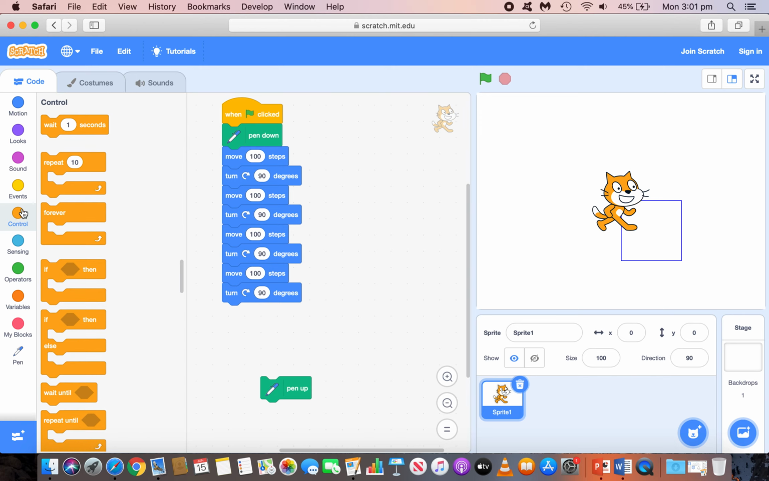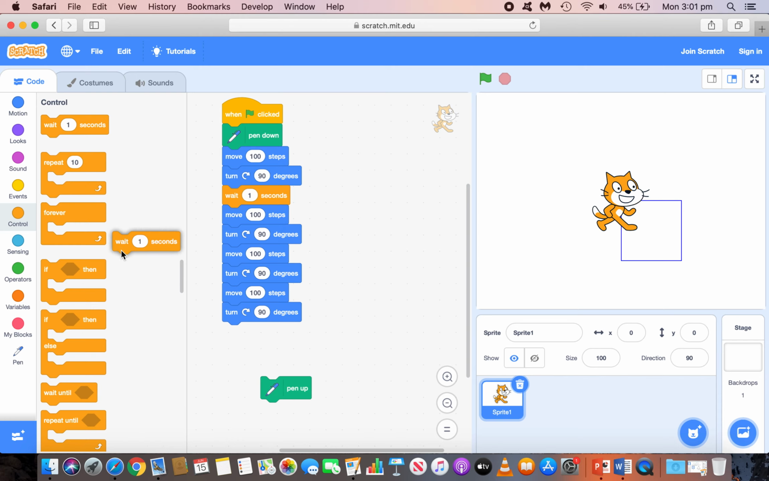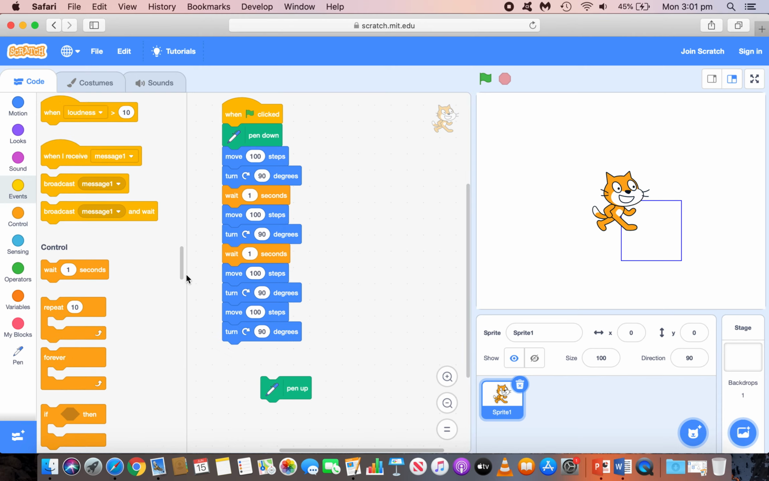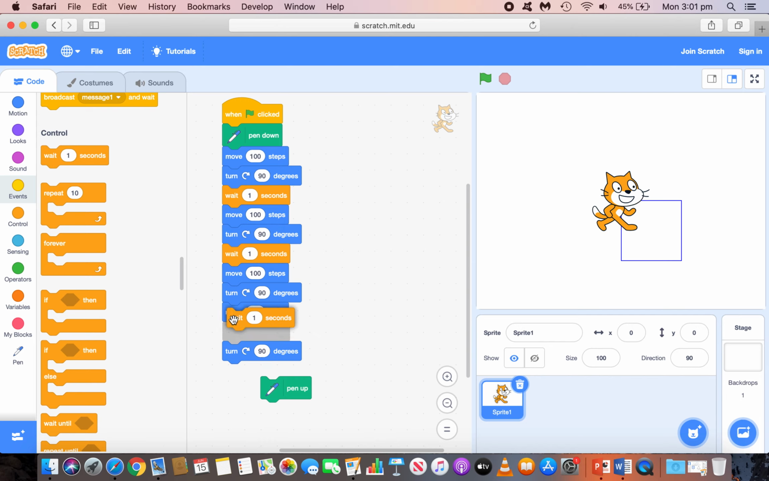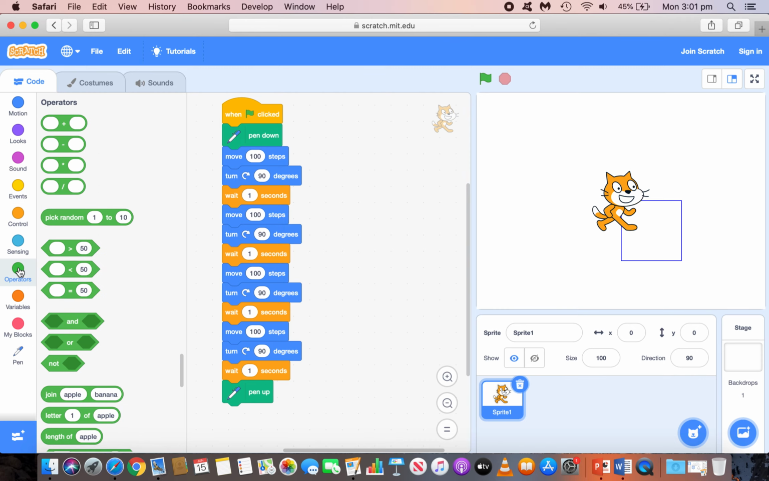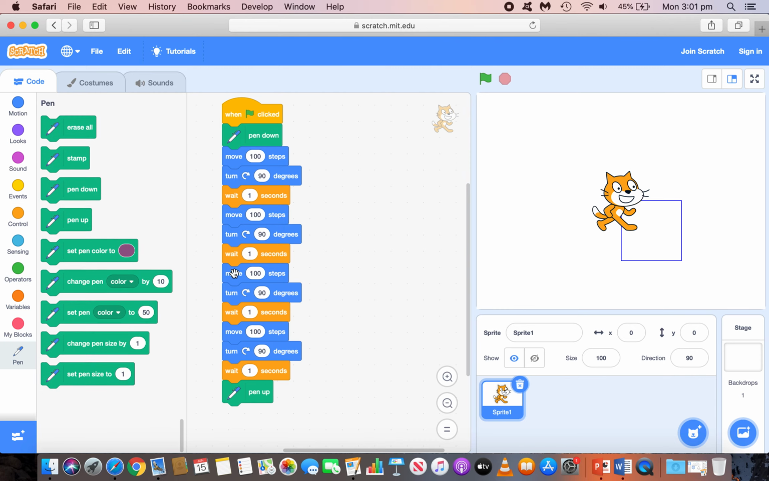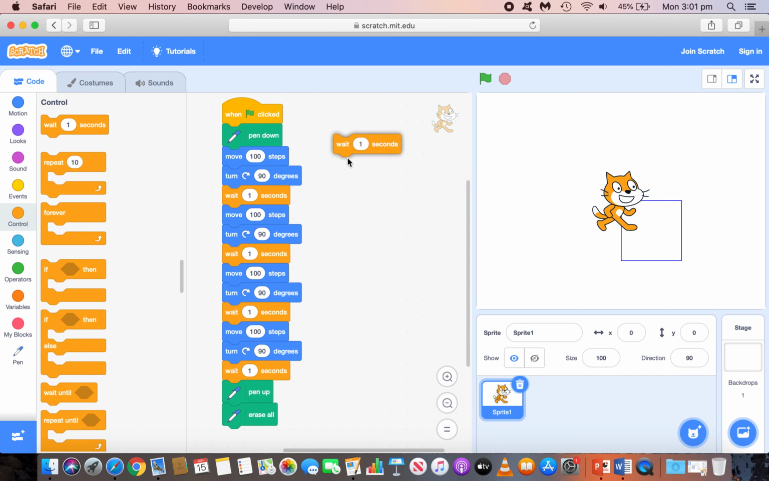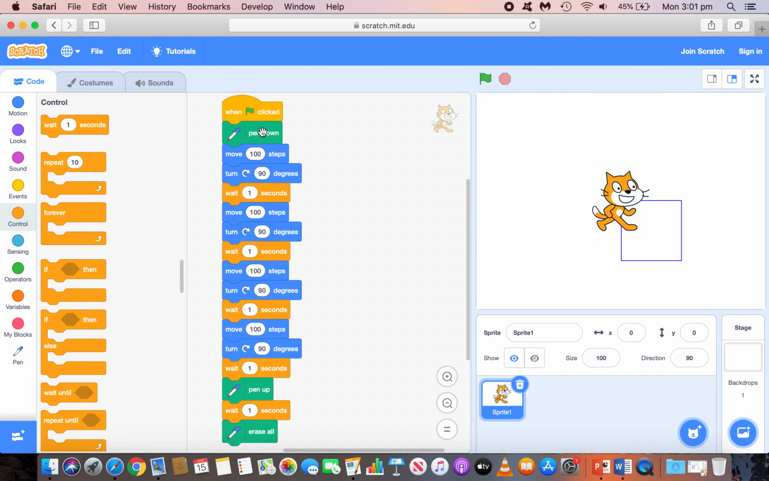And to show you all, I'm going to put a second wait between each of the moving and the turns that the sprite does. And at the end, I would also like to erase everything there, erase all. And I reckon I might put another 1 second waiting time here as well. Okay, so